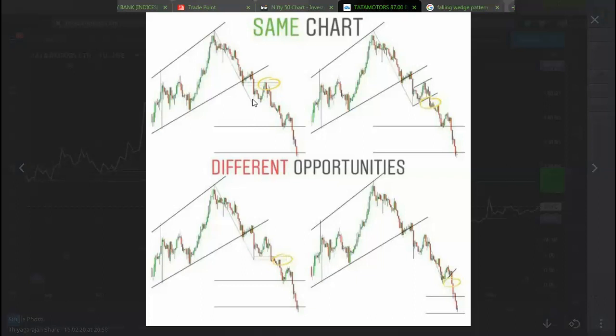If suppose, for example, this is the breakout zone. Proper breakout zone is this. So this candle has come over here. I will wait and watch till what point it is going to take a retest. If suppose a retest is happening till here, it is trying to touch over here, then the stop loss will be above this candle only. But in this case, the candle has taken a retest over here itself. So above this candle, we have to keep a stop loss, and then we have to follow the ATR trailing stop loss.